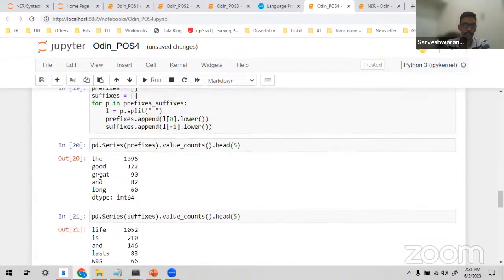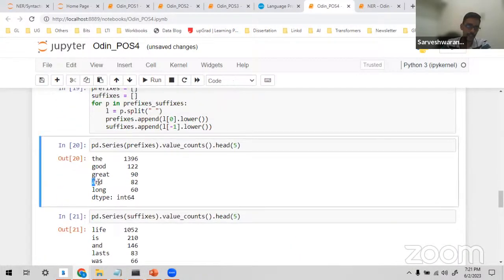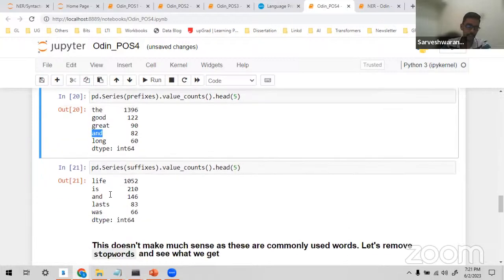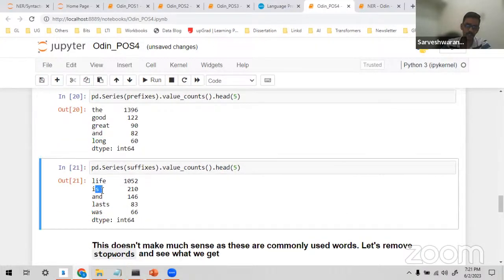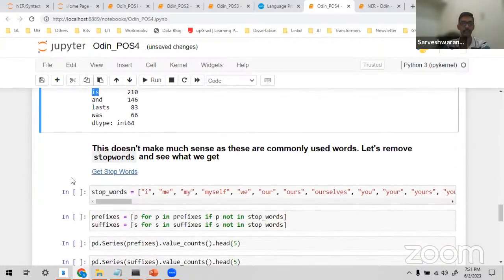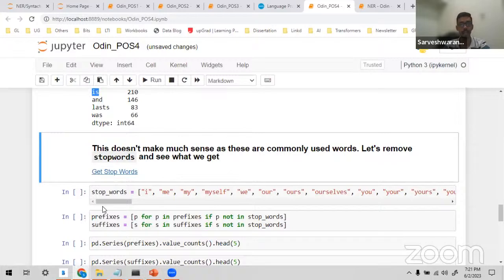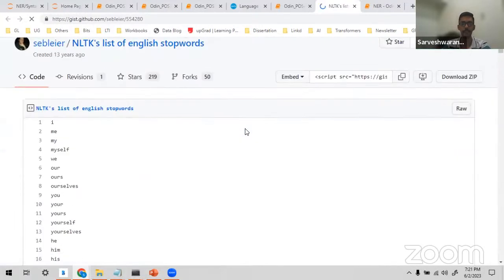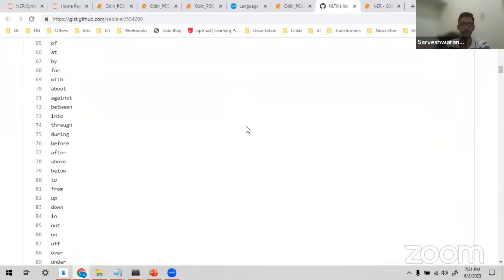Now you can see the, and, yes. So these are all some words, these are some grammatical connectors. These are often called stop words. I do not want to use the stop words. I can delete them. I need to remove the stop words. Right, so these are all the stop words.